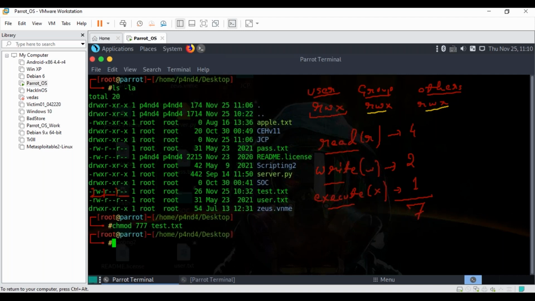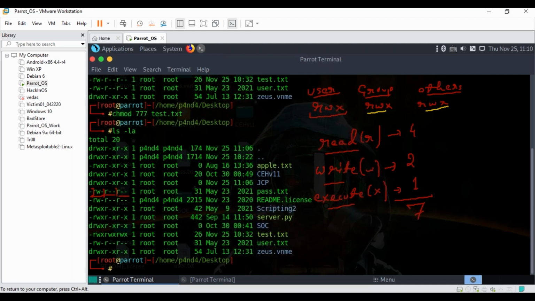If I hit enter now and do ls -la again, are the permissions changed? Right? And are they the same which we were trying for? rwx, rwx, rwx.